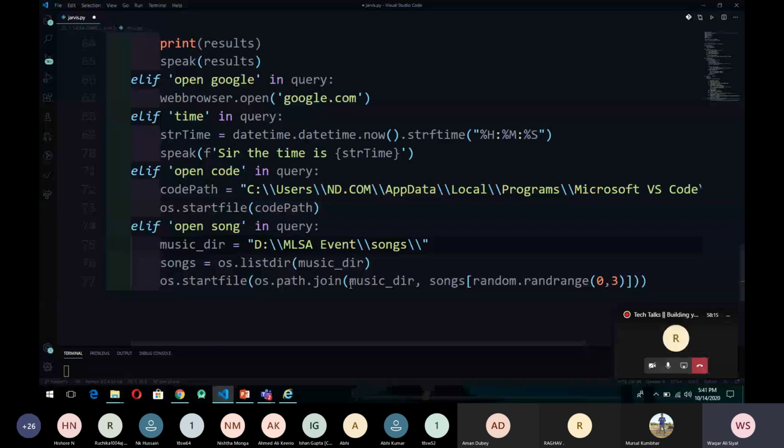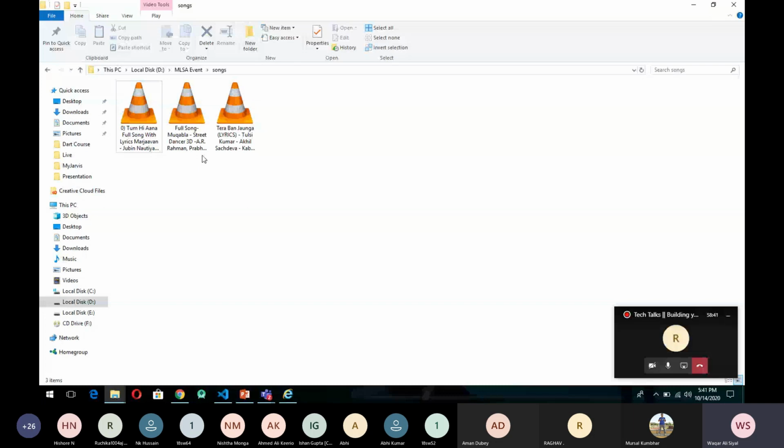So here we are getting the directory, and this join method will join 2 paths with a separator which is forward slash. Which means that a forward slash will come here after this, and inside these songs we have these 3 songs. At 0 index we have this song, at 1 index we have this song, and at 2 index we have this song.